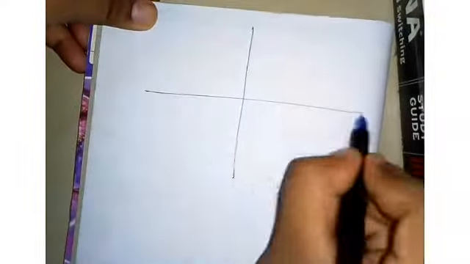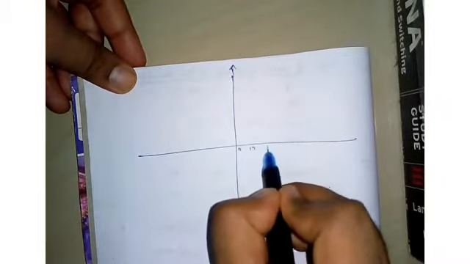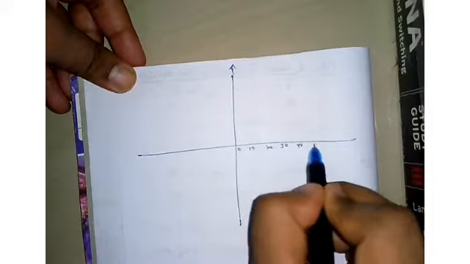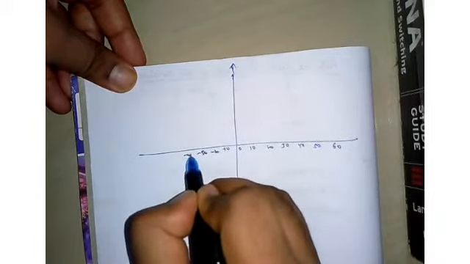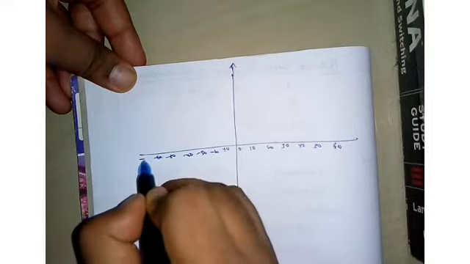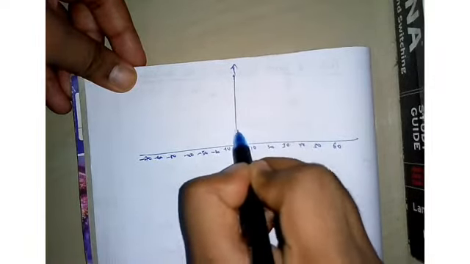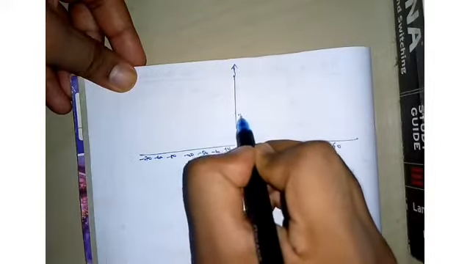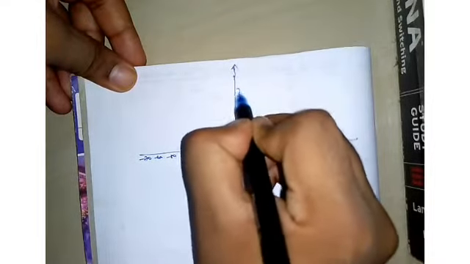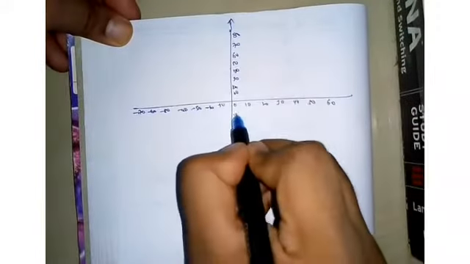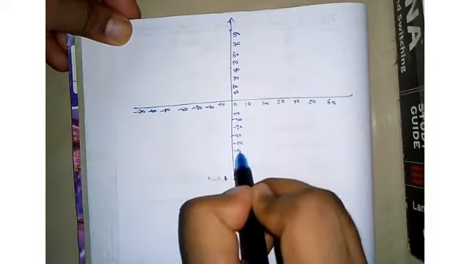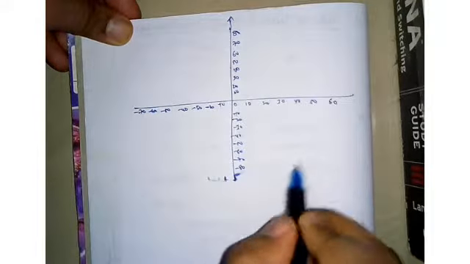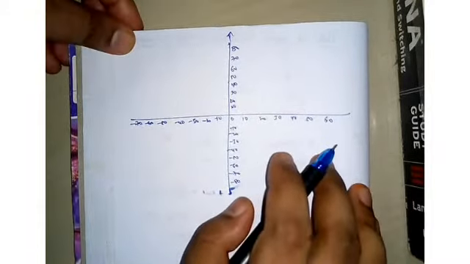This is a graph. 0, 10, 20, 30, 40, 50, 60, minus 10, minus 20, minus 30, minus 40, minus 50, minus 60, minus 70. 10, 20, 30, 40, 50, 60, 70, 80, minus 10, minus 20, minus 30, minus 40, minus 50, minus 60, minus 70, minus 80. So first, for the first line 3x plus 2y is equal to 80, the first point